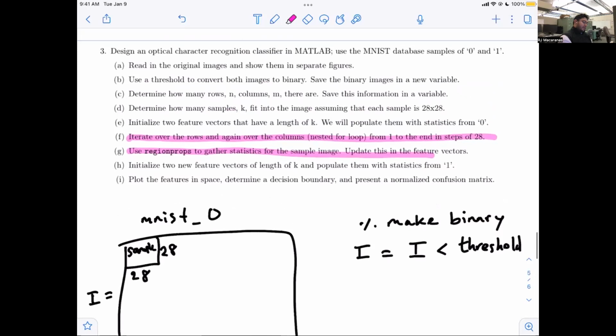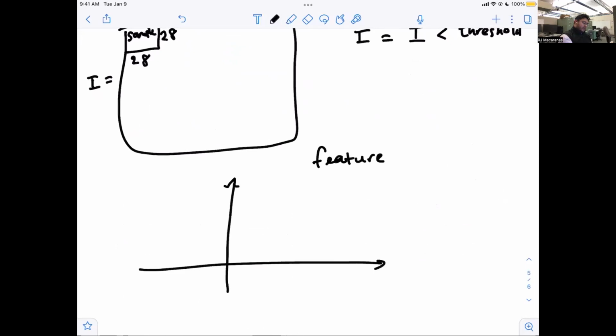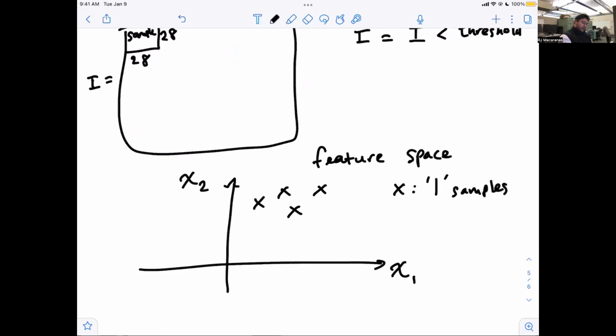Right, and we populate these two feature vectors. And once you have the statistics captured, right, we have this thing called feature space. So feature space, and we have some feature x1 and some other feature x2. And in a perfect world, right, we could have our x's be our 1 samples, and our o's be these 0 samples. And in a perfect world, we could just perfectly separate